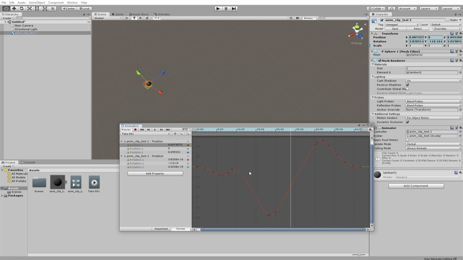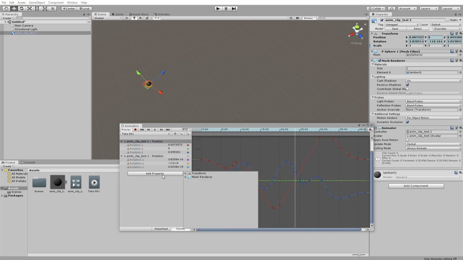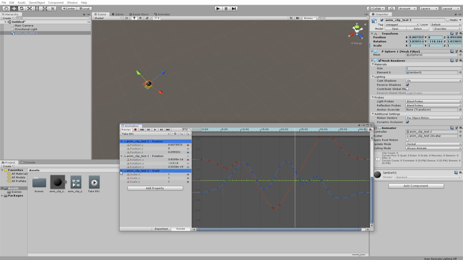Basically we need the same result, but adding something, like suppose we want to add a scale parameter here. I can add it now. Scale. So I can animate scale now, turning on auto key and going to the end.